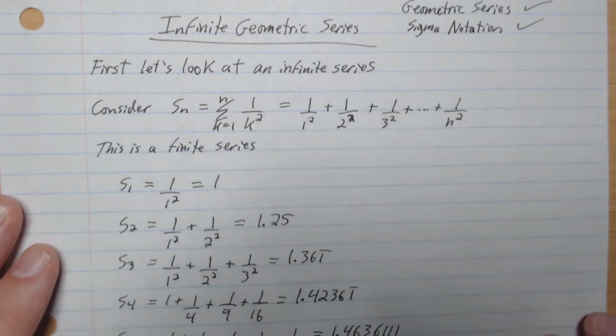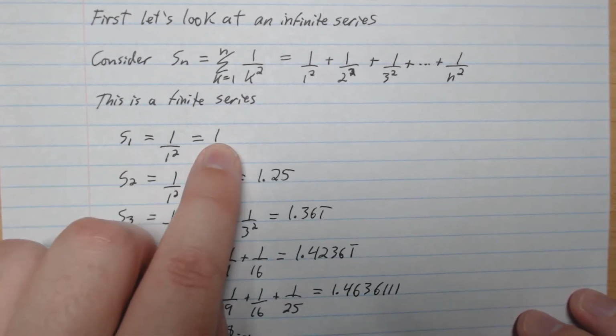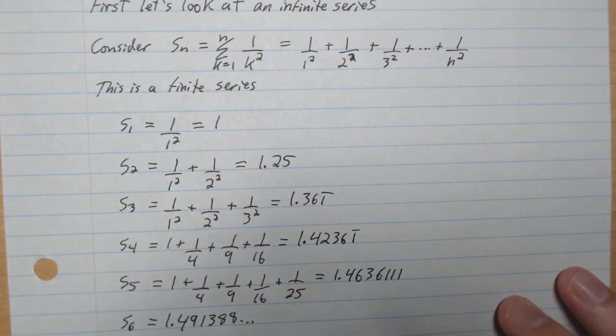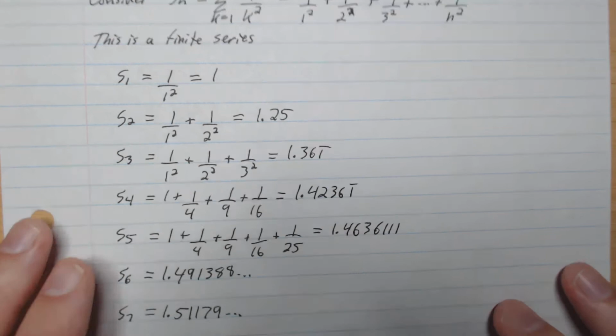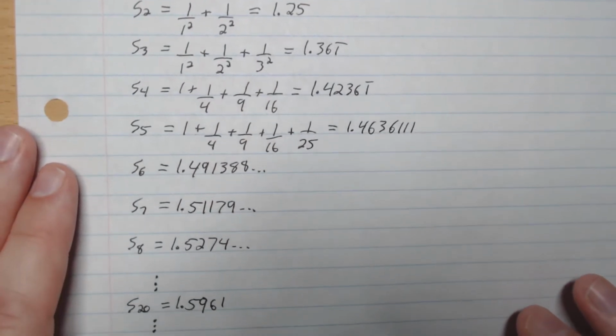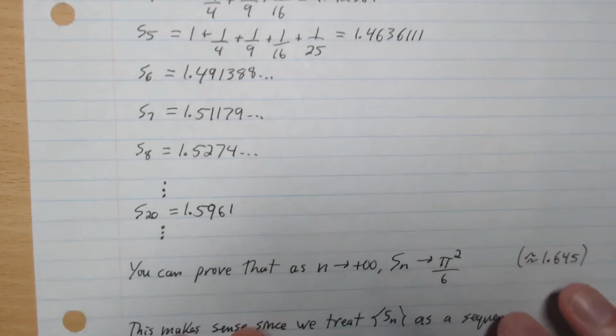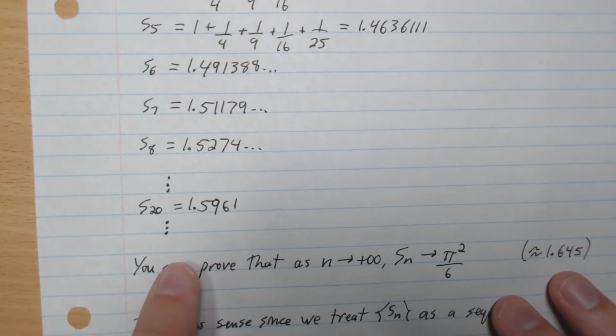So what we're going to do is look at S1, that gives 1, S2 gives 1.25, S3, 1.361, and this keeps going more and more and more. It gets bigger and bigger, all the way to S8, let's say 1.5274. You can keep going to S20, and you can keep going up, more and more terms being added to the